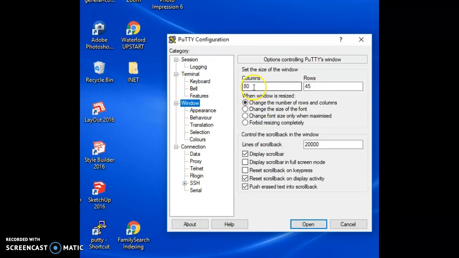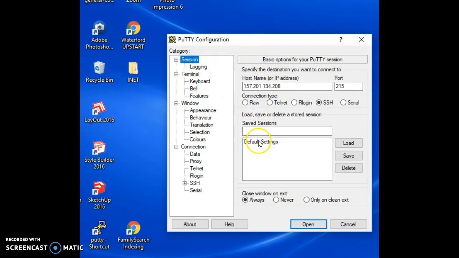I would suggest you go over here in the Windows and set some columns and rows to fit your screen as you'd need, and then the number of scroll back lines, so that might want to be increased. As soon as you set that, click default settings and hit save, and that will save it as a session for you, and it will remember that.